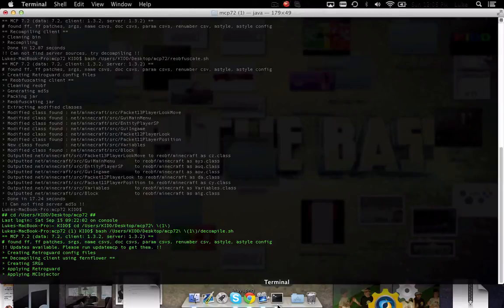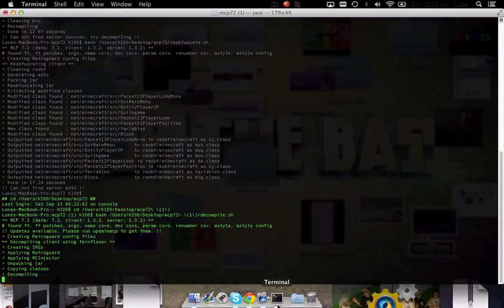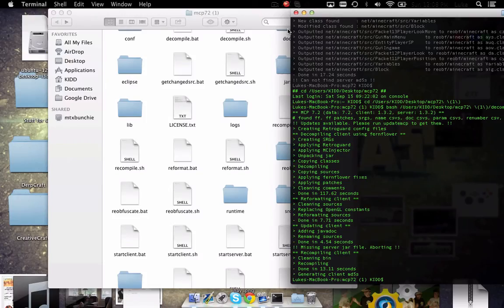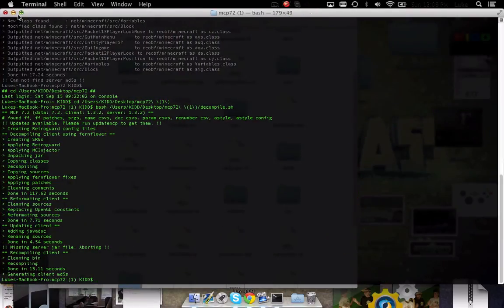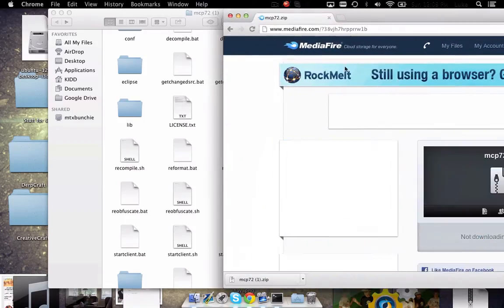So now it's just going to do all this crazy stuff to basically let it work, so like you can edit all the jars and stuff. When it's done with this, I will tell you what to do next. I will be right back when it is done. Okay guys, it worked. So now that it's done, you can just exit out of Terminal and go to the